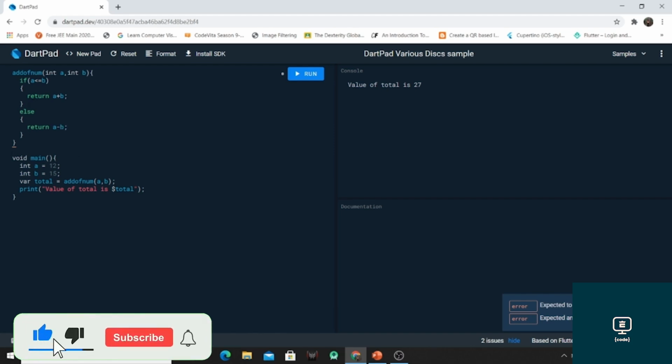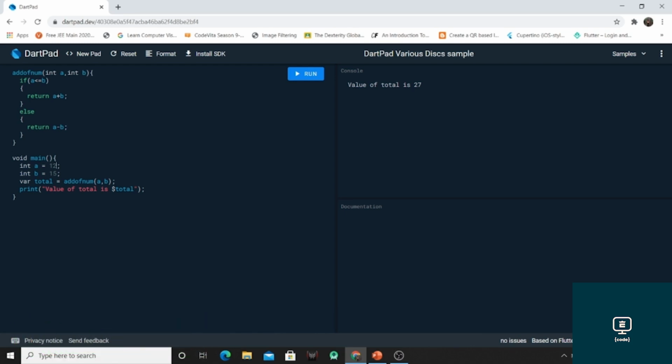So if the value of a is 20, which is not less than b, at that time this if condition will not be satisfied, then the execution will be transferred to this else part. So on running this program, our output will be a minus b, that is 5.